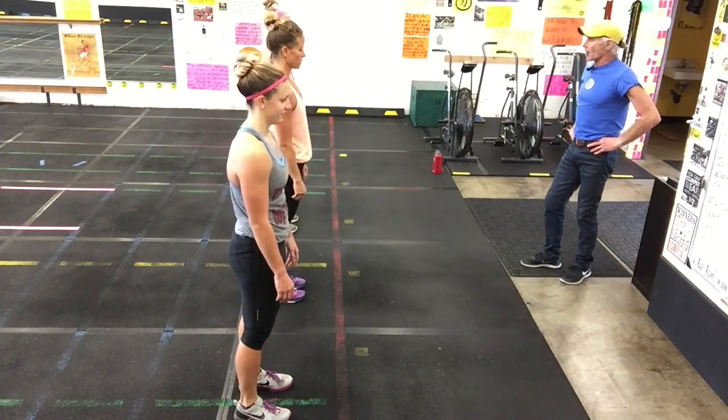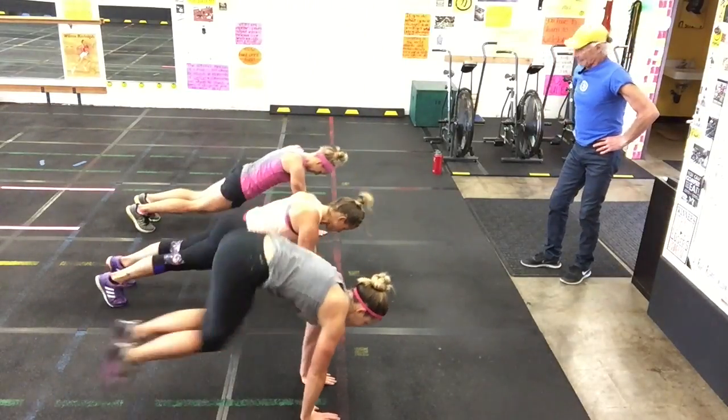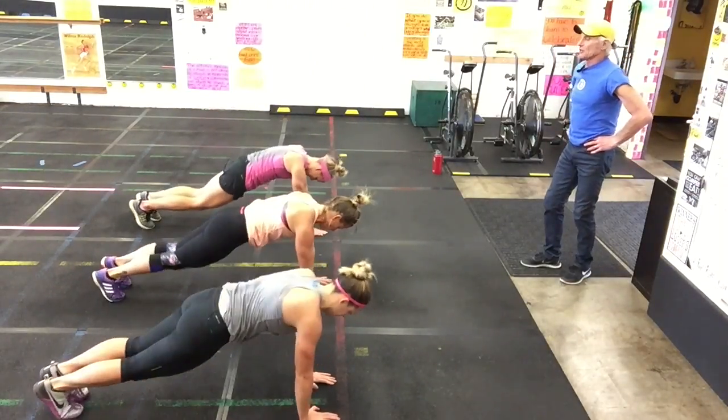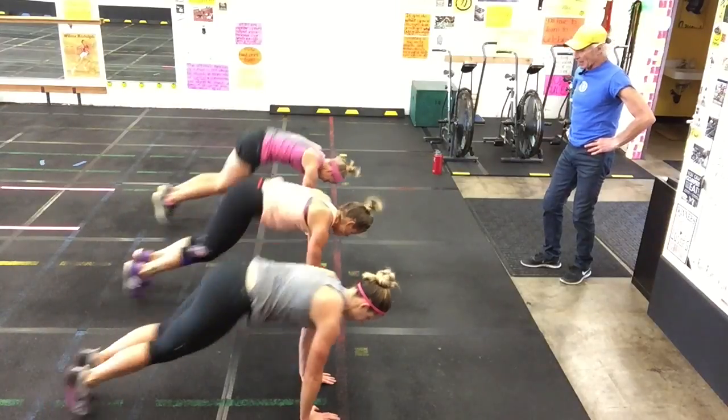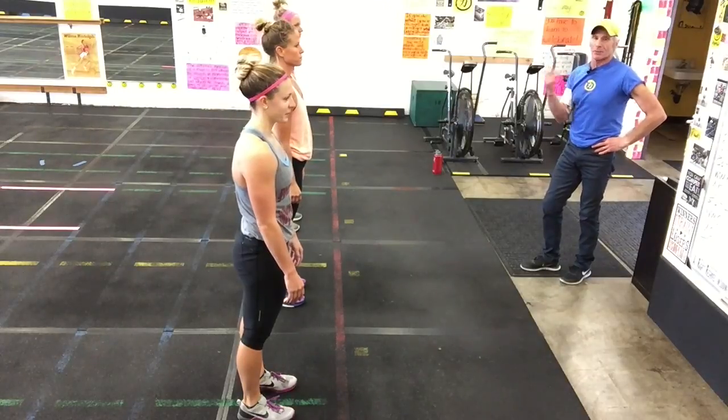Okay, so let's do a modified bodybuilder. Up to the floor, no push-up. Feet forward, feet back, feet apart, feet together, and forward and stand up. That's a modified bodybuilder. We're going to do it one more time, and I'm going to tell you the parts